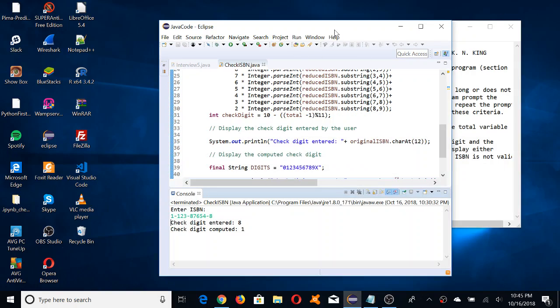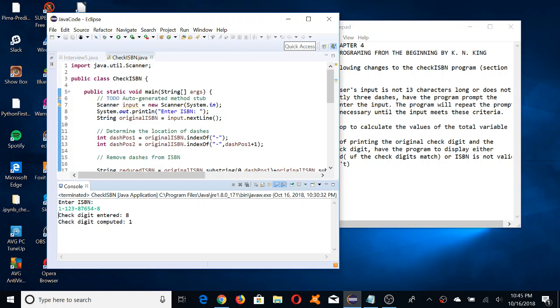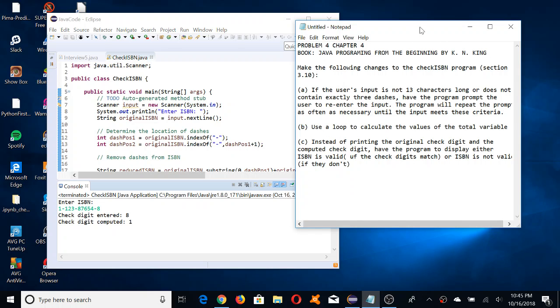Hello friends, today we're going to solve another problem, and it's going to be this one right here, which is problem 4 of chapter 4. And basically this problem